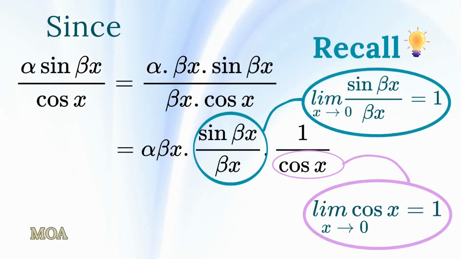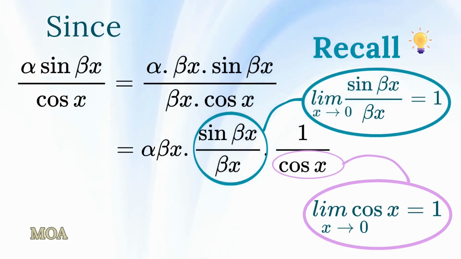First, recall that when x approaches 0, the sine of beta times x divided by beta times x approaches 1, and cosine x also approaches 1. So the expression alpha times the sine of beta times x divided by cosine x can be rewritten as alpha times beta times x multiplied by the sine of beta times x over beta times x and multiplied by 1